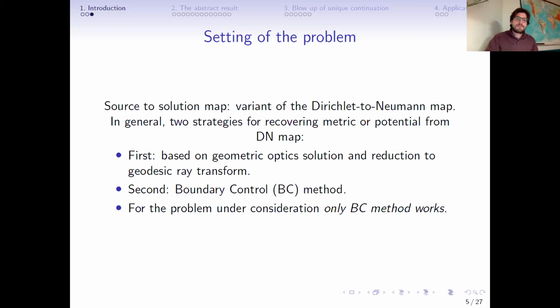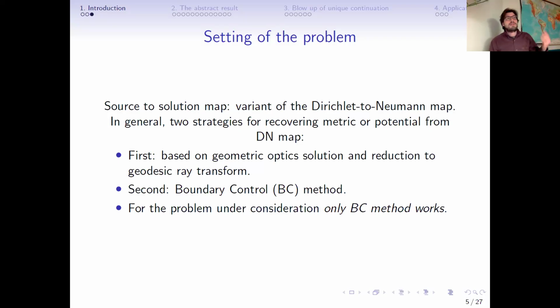As I said, the main point about this problem is that one could even see it as a model problem, because the geometry is in a way just the Euclidean space, but it's already kind of interesting and not trivial to prove uniqueness. So the point is that here, essentially, the only technique that we have right now to attack this problem is the boundary control method. And